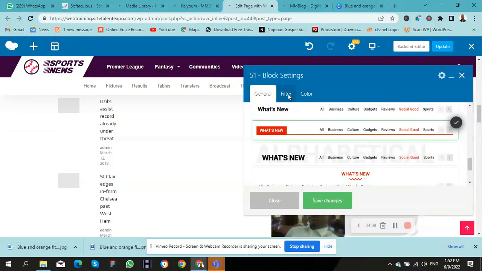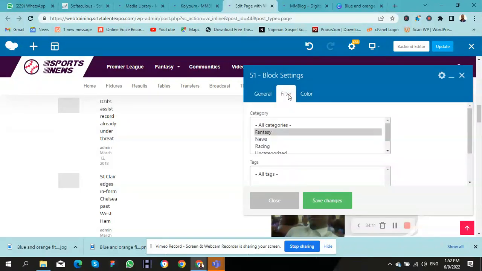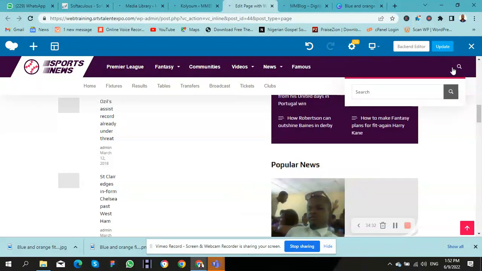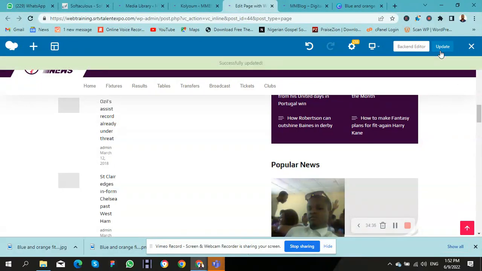You can decide to put a filter, which of the categories do you want to show? Is it fantasy? Is it news? Is it racing? Is it uncategorized, and is it famous? Whatever you do, don't forget to click on save settings. Then once you are done with save changes, you also click update. So you click update, you can see